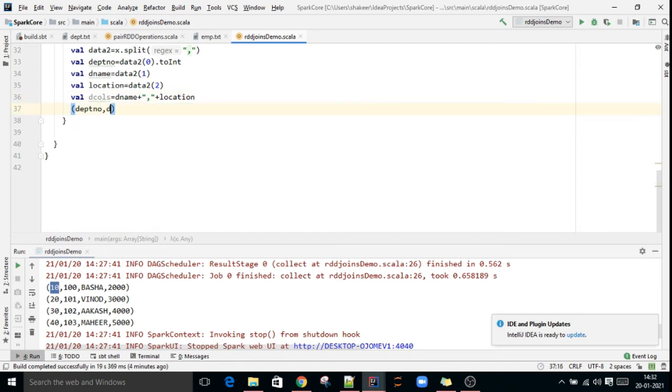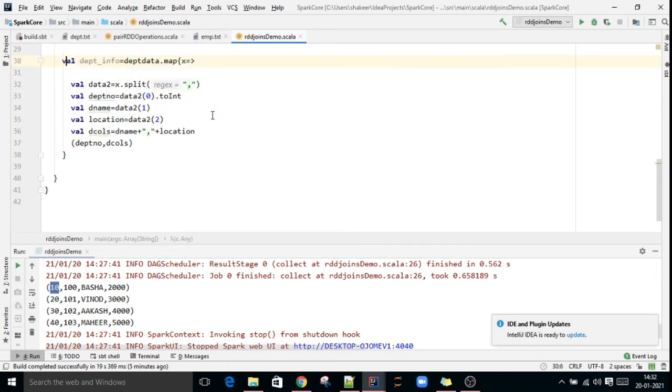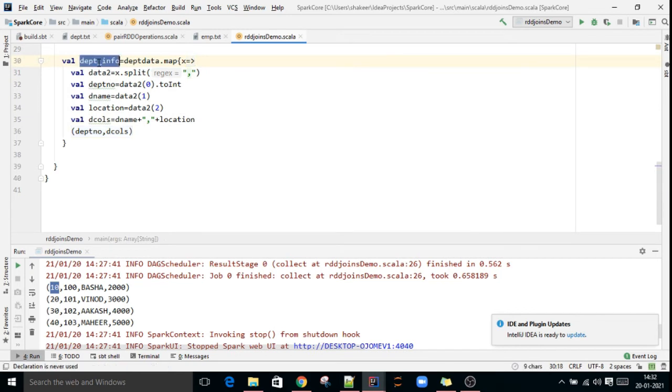So returning dcols. Here we'll print and see what dept info is.